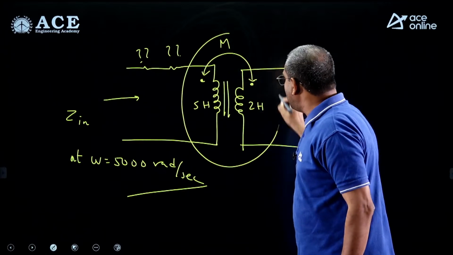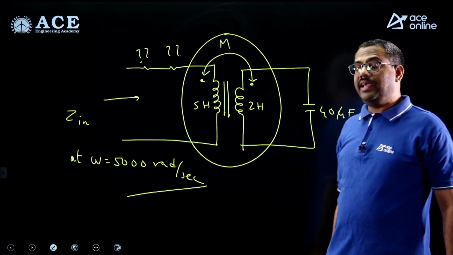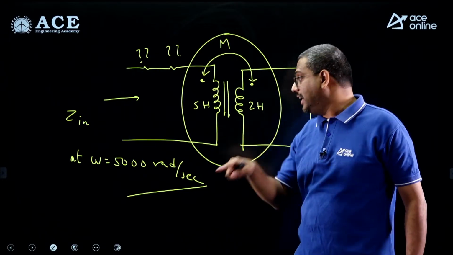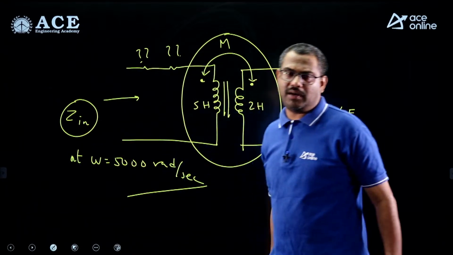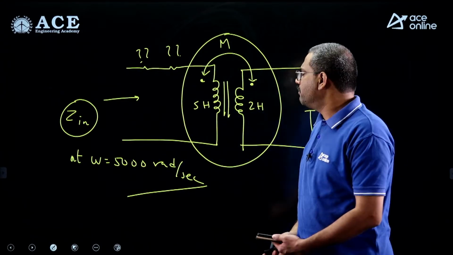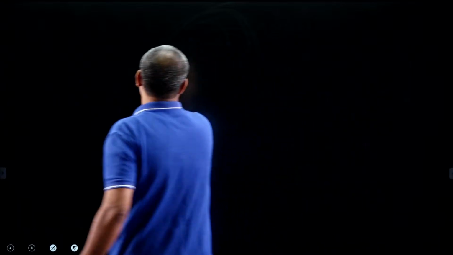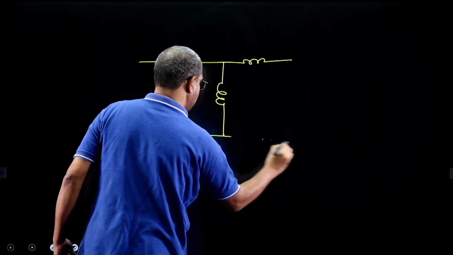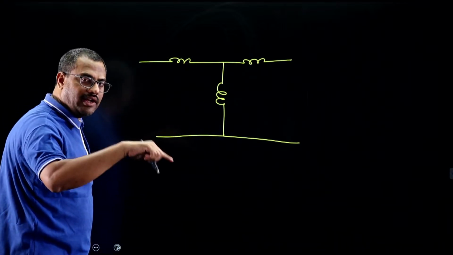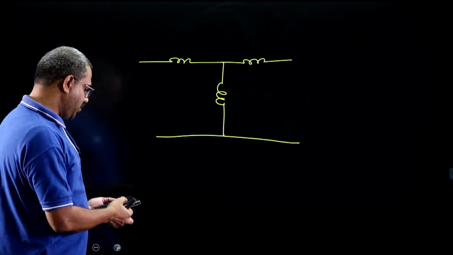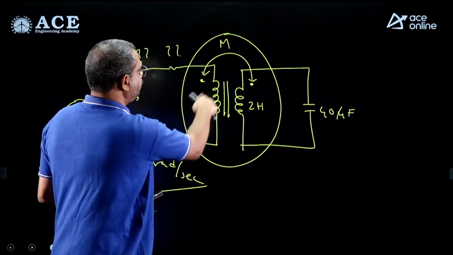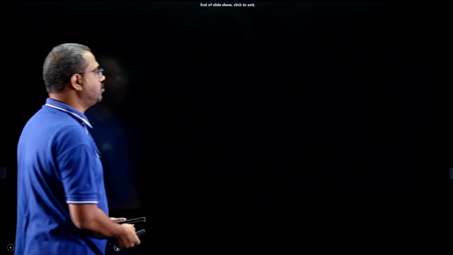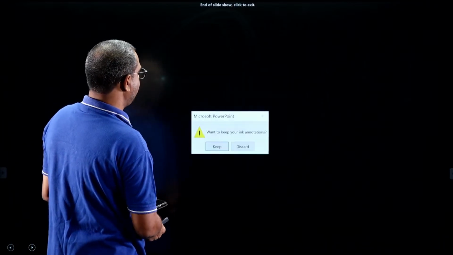If the data is accurate, I would have converted this into a T model. Now in the T model, whether it is mutually aiding or mutually opposing doesn't matter, because for finding impedance, it is a passive bilateral property. For finding impedance, nothing is an issue. So I would have converted the transformer circuit model into a T model. But in the T model, whether you take aiding or opposing, impedance will not change. That is the beauty here. Whether he gave dots, aiding or opposing, impedance will not change, because impedance is passive bilateral. So in that regard, what I would have done is